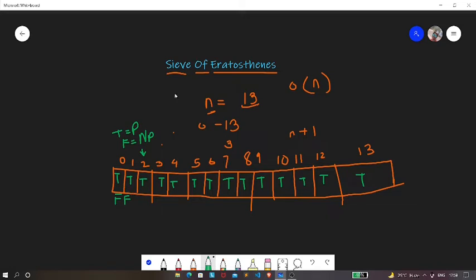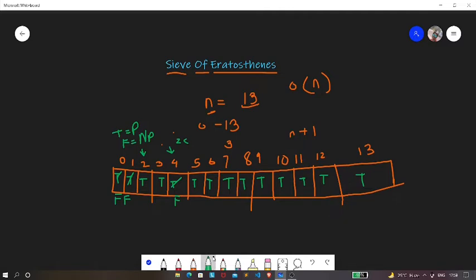Now according to the sieve of Eratosthenes, for the numbers above 2, the numbers which are multiples of 2, we need to make them non-prime. Over here you can see that 4 is a multiple of 2, so we are going to make it false.